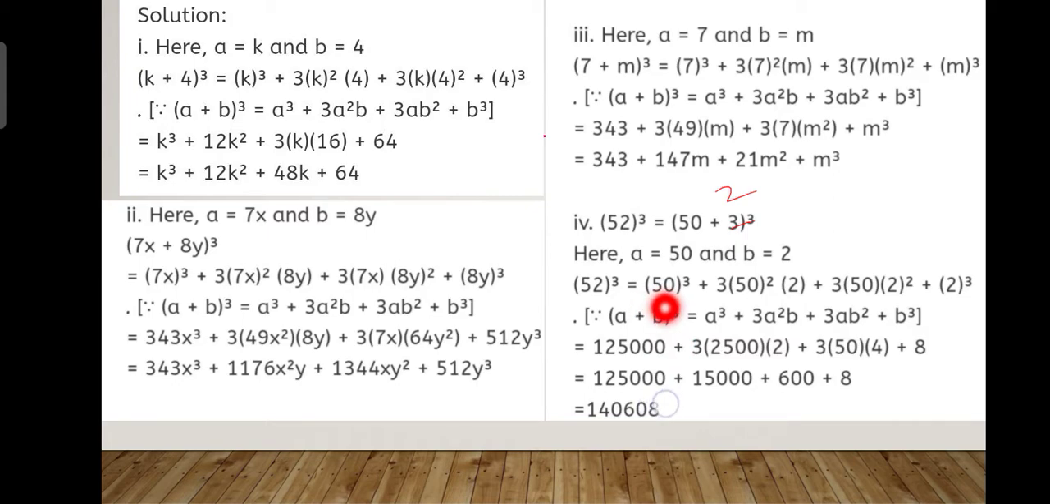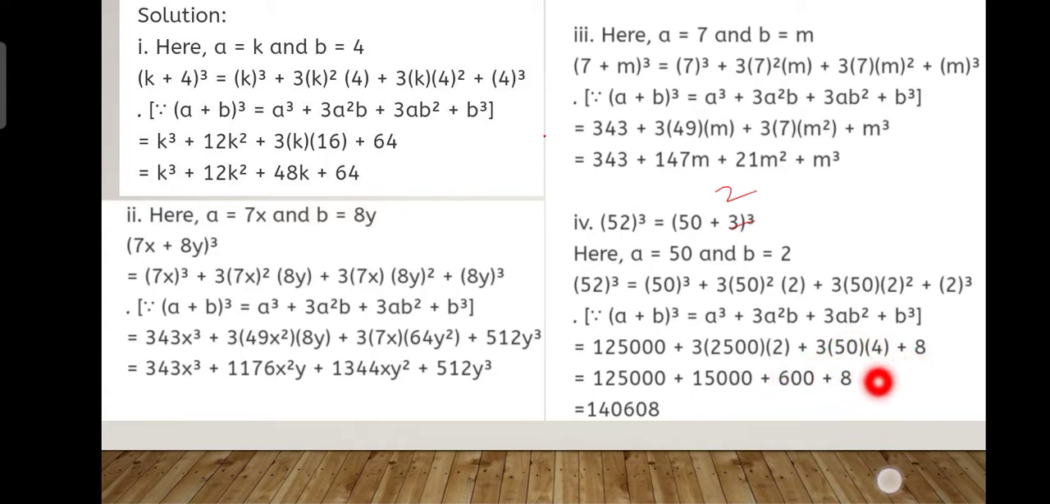इसको इजीली कैसे करेंगे, 5 5 25, 25 5 125 और 3 टाइम्स 0, प्लस 3 विल रिमेन एज इट इज़ 50 का स्क्वायर दैट इज़ 2500 इंटू 2, प्लस 3 इंटू 50, 2 का स्क्वायर इज़ 4, प्लस 2 का क्यूब इज़ 8. नाउ 125,000 प्लस 3 इंटू 2500 इंटू 2 इज़ 15,000, plus 3 into 50 into 4